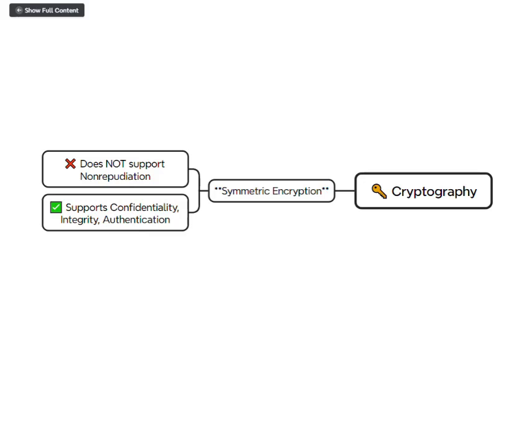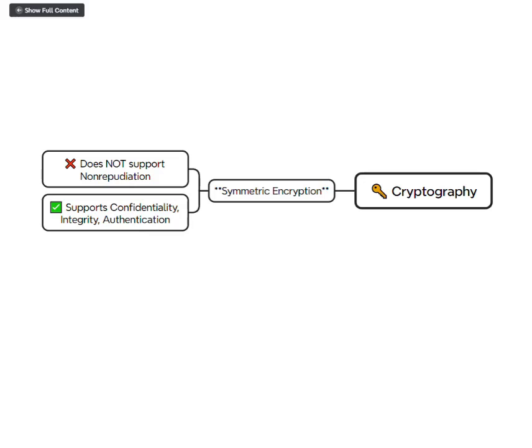Cryptography. Symmetric encryption is fast and reliable for protecting data, but it does have some limits. It's great for keeping things confidential and can even ensure that data hasn't been changed, offering integrity. It can also be used for authentication if you share the key securely. But where it falls short